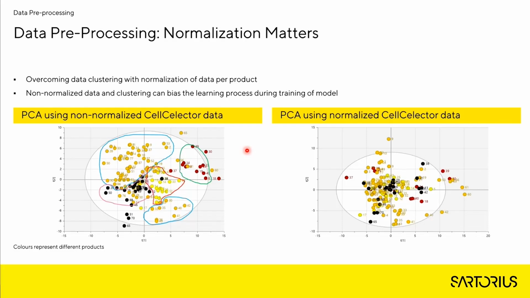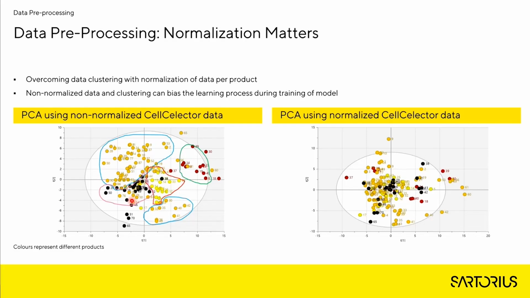So the next step, as mentioned in the general workflow, is data pre-processing, and more specifically data normalization. Here I'm showing an example of why this normalization matters. In this case, we are working with 5 different products, antibodies more specifically. When you take the measurement data and the pictures, categorized into variables, and put them in a principal component analysis, you see that